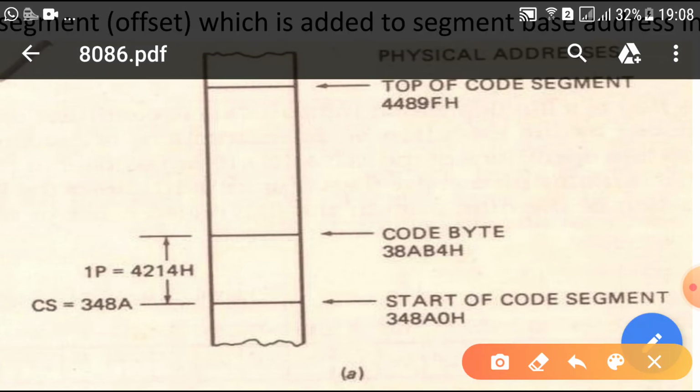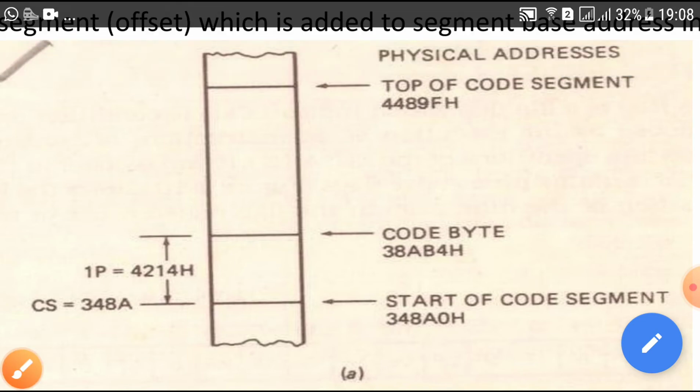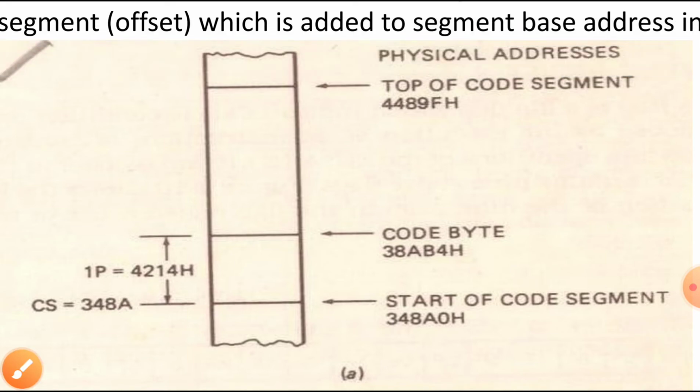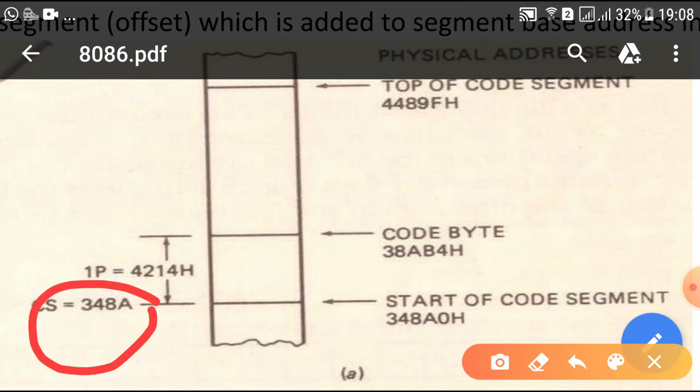As I told you, the segment register always gives the base address. So, first of all we will take the content of the code segment, that is 348A, and shift that 4 bits left, and then the instruction pointer is representing 4214, we add this 4214